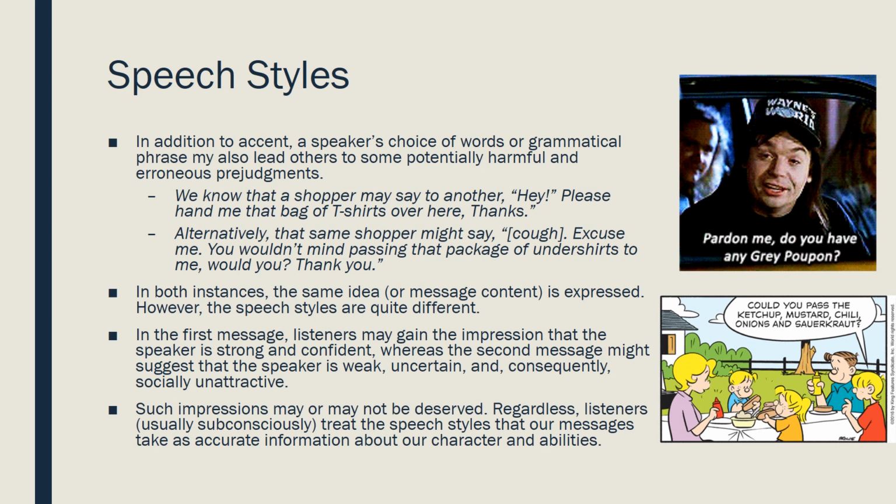In the first message, listeners may gain the impression that the speaker is strong and confident, whereas the second message may suggest that the speaker is weak, uncertain, and consequently socially unattractive. Such impressions may or may not be deserved. Regardless, listeners, usually subconsciously, treat the speech styles that our messages take as accurate information about our character and abilities. So when we are speaking, depending on who we're talking to, if you use that, "Excuse me, would you mind?" to an older person, they would think you're very polite. If you say it to a younger person, they're going to think you're a nerd, a dork, or whatever word